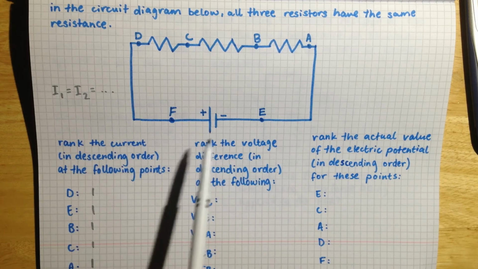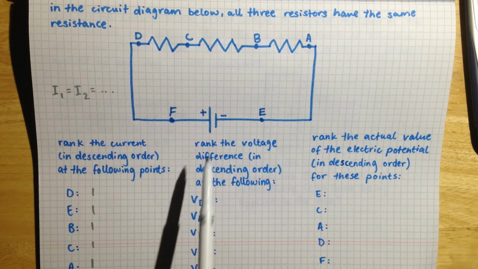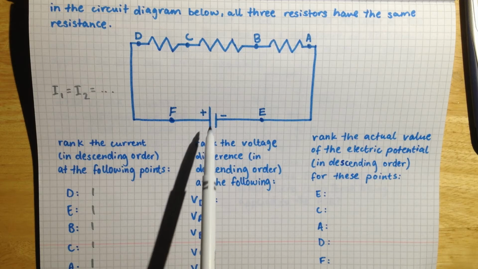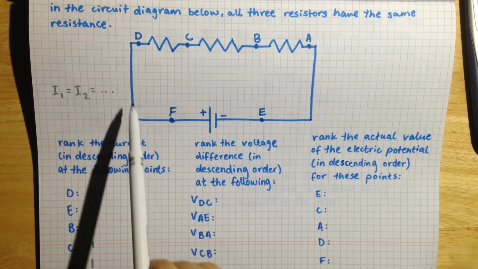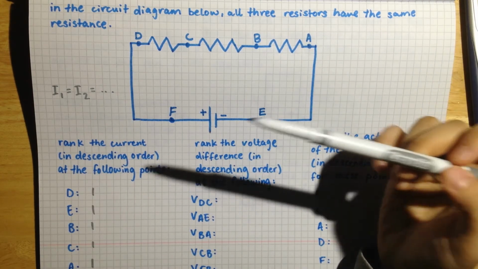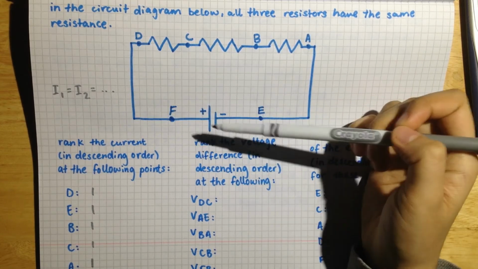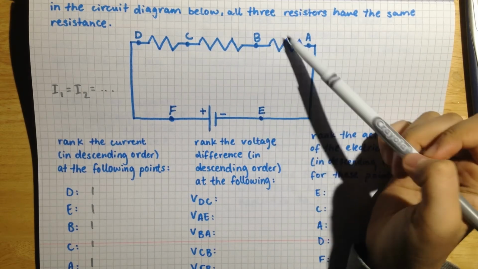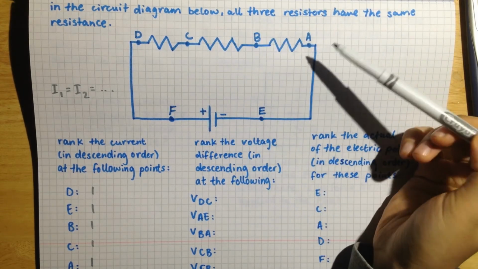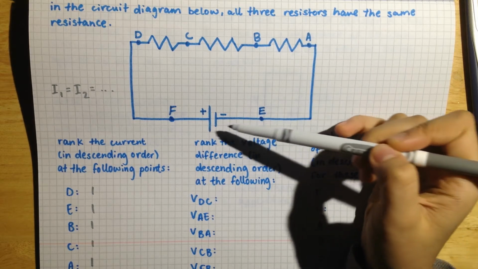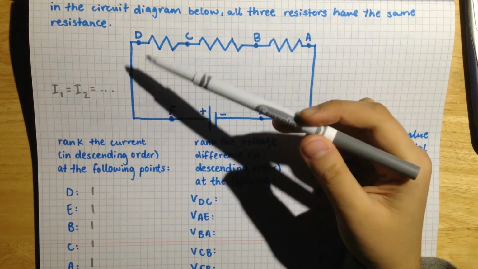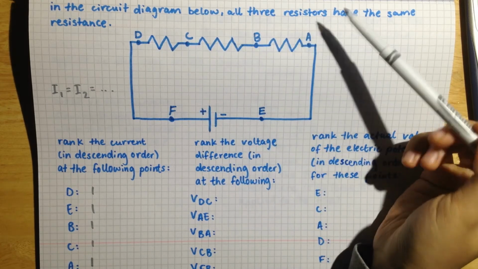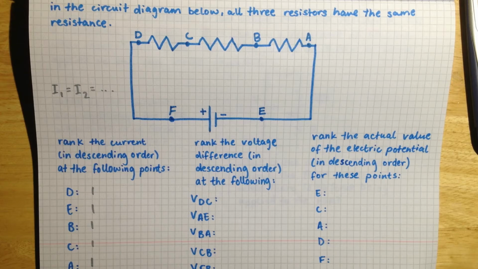no resistor, and in this stretch there is no resistor, but if the voltage starts from this positive side, this side is going to have the least amount of resistance because there's no resistor at this stretch up until point D, and then that's when the first resistor comes, second resistor, third resistor. So after all of these resistors, the voltage is obviously going to be a little less than it started at this positive end. So it goes out really strong, weakens at each resistor, and then a low amount of